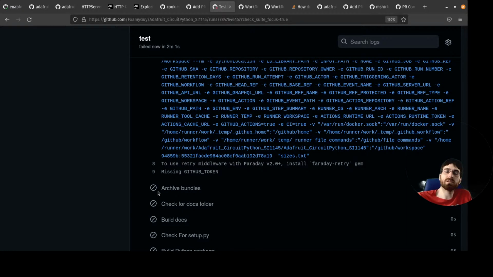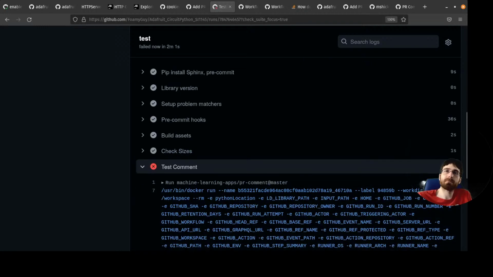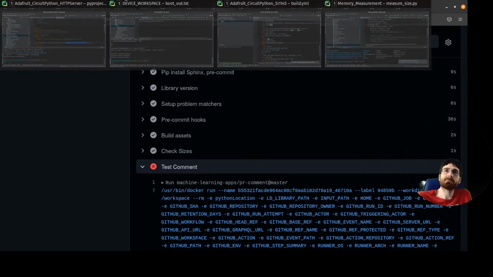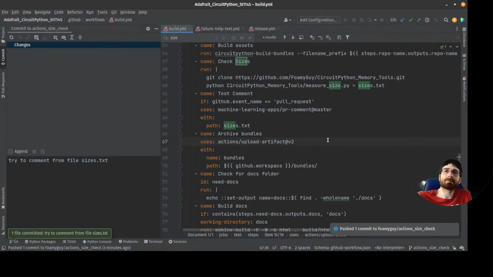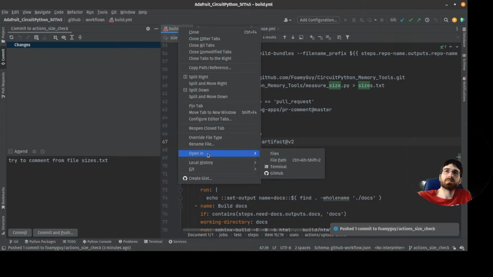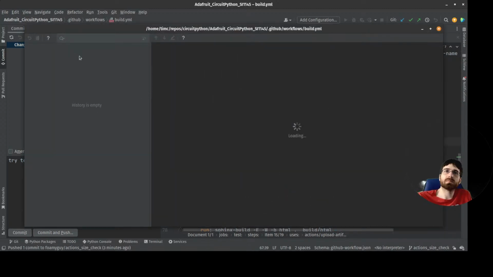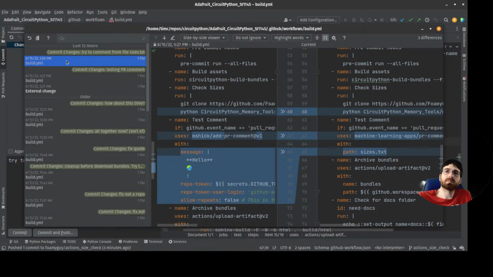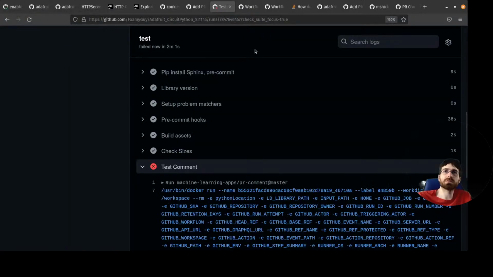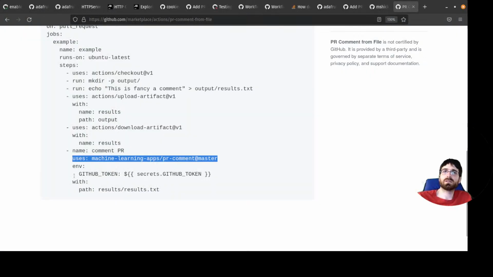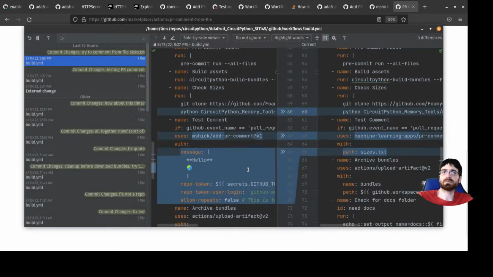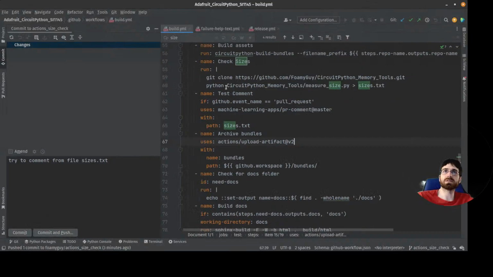Retry middleware with Faraday v2, install Faraday, retry gem, GitHub token. Okay, I guess we do probably. Do need to actually do this. We do have it. Oh, okay. So this is